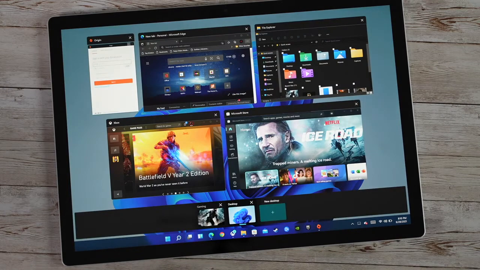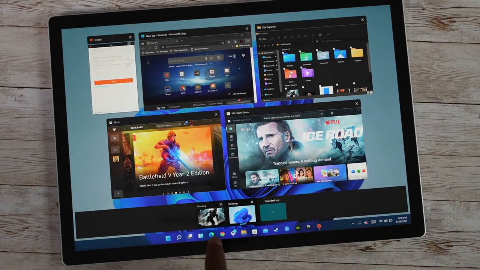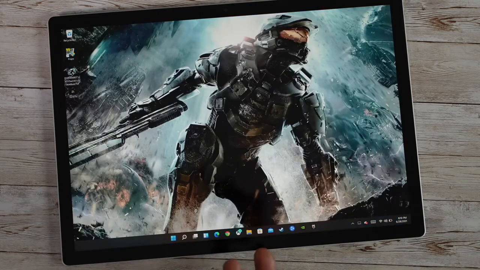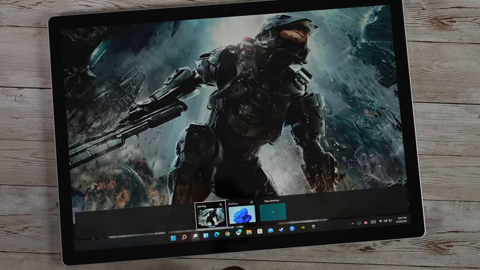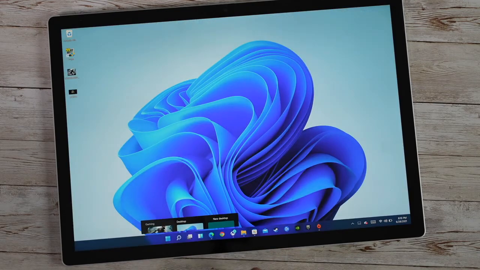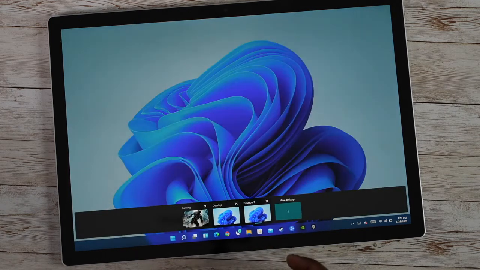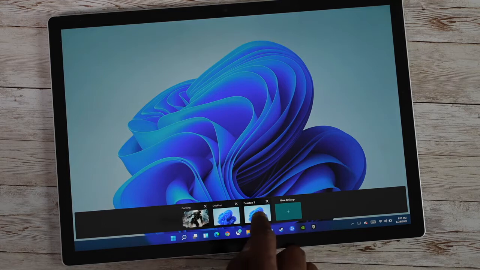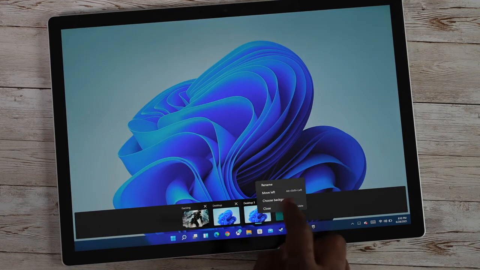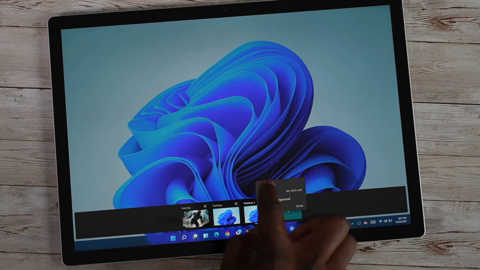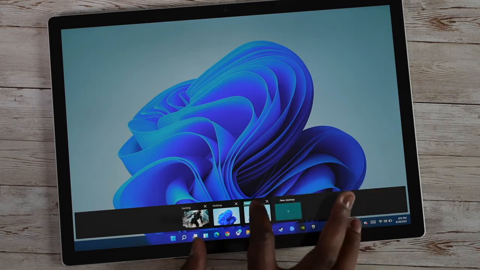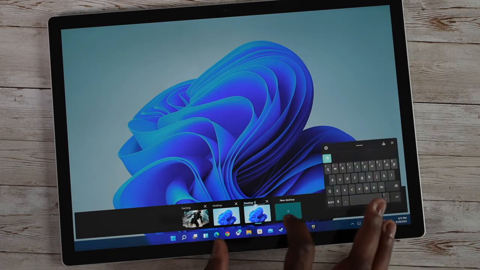Now your next button here is your desktop button, which gives you the multiple apps that you have open and your specific desktop. So I have my gaming desktop, which is strictly gaming. You can see Master Chief there. I've got my main desktop here, and I can go ahead and create a third desktop. As I've created it, I can press and hold. If I press and hold, it gives me the options to choose the background and rename. So I'm going to rename this one. Let's call it,